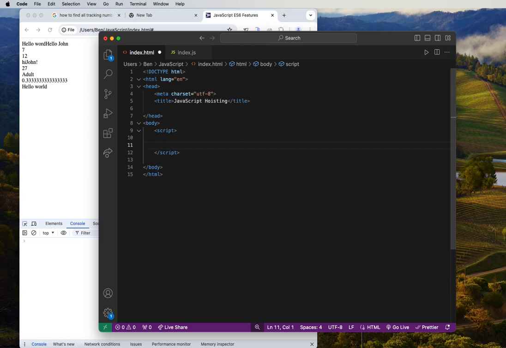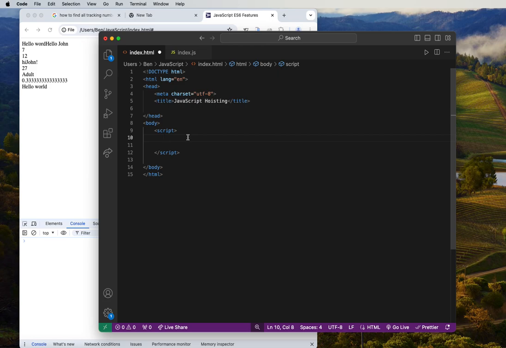JavaScript hoisting. So JavaScript hoisting normally happens when you declare a variable with var or let, and then you call those variables, with a console.log or document, at the top, above the variable that you've already declared. So let's use, for example, a variable declared with var